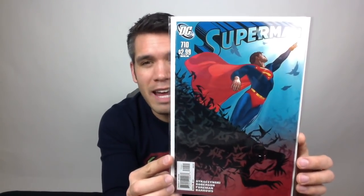So all those books that I just showed were books that I already had in the collection. These are new books now to the collection. This is actually a second copy of this book, and this is Superman 710, and this is a 1 in 10 Adam Hughes variant. One thing I wanted to share with you guys, when I'm out hunting for comics, looking